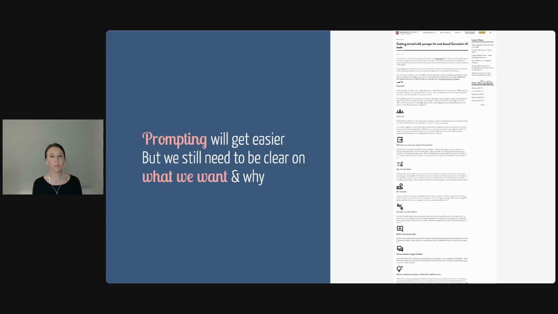But in order for AI to understand what we actually want, we still need to know what we want. And we need to be really clear with AI about what it is we want to do. Brooke talked yesterday about how prompt language has improved. And Luke has been talking today about how the way we interact with these various tools will also change. Sometimes there's no UI, sometimes there is UI, sometimes it's prompts, sometimes it's something else. But what's really key for us is making sure that we can tell AI what we want. And in order for AI to know what we want to do, we need to be super, super clear on that and have that agreement internally.